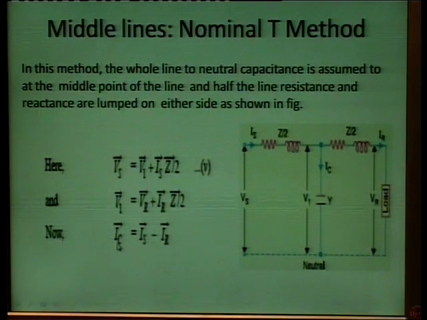And the value of the capacitive current IC is, if we apply KCL at this node, then Is is the sending end current which is incoming, then IR is the outgoing current, IC is the outgoing current. So we can write Is